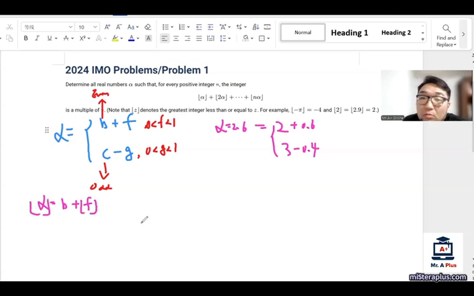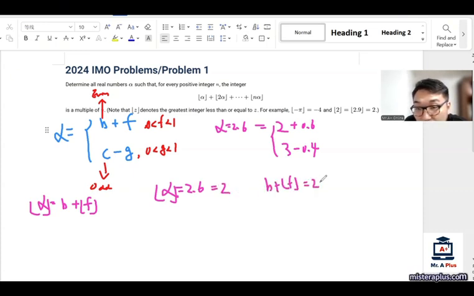So is that true? First, let's try alpha equal to 2.6. If I round it down, that's 2. So B times F, which is 2 times 0.6 rounded down. 0.6 rounded down is what? 0, right? So this is 2 plus 0, that's 2. Oh, it works. Perfect. So now we can rewrite the whole series to be,